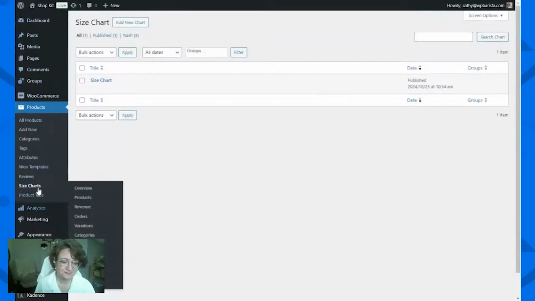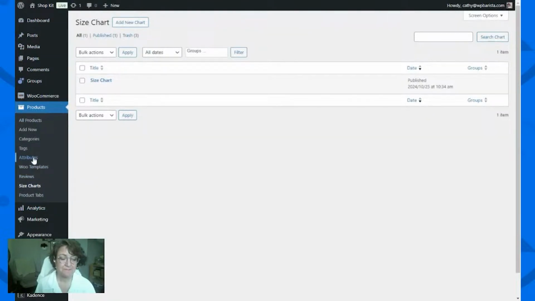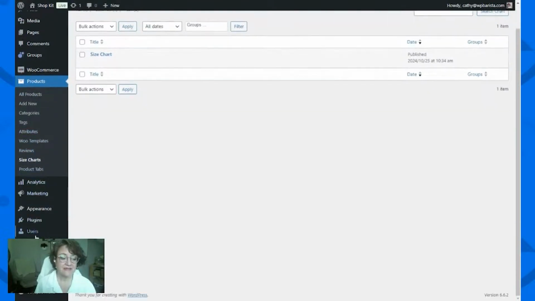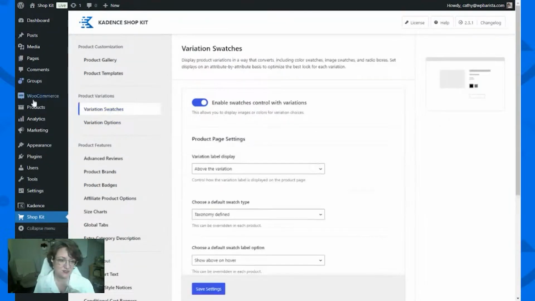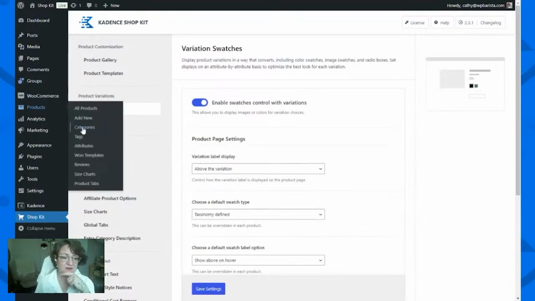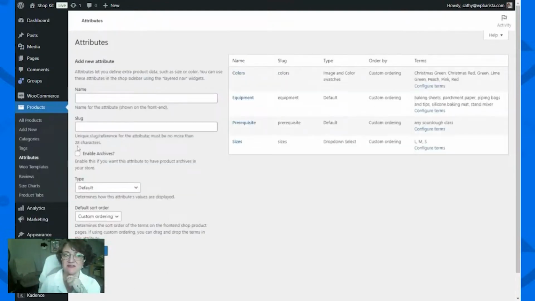All right, so now we're going to go to attributes. I did turn them on, right? Let's go to ShopKit and just make sure I turned on the attributes. Variation swatches. Variations are what come from attributes. So the global attributes, I did turn them on. Okay. So under here, we're going to go to the attributes under products, and attributes are the sizes and colors,